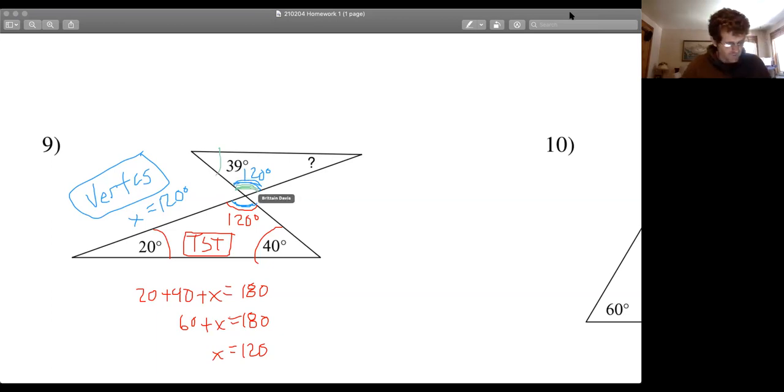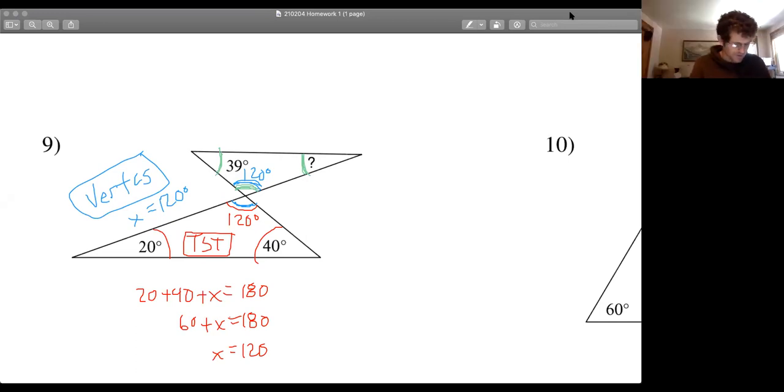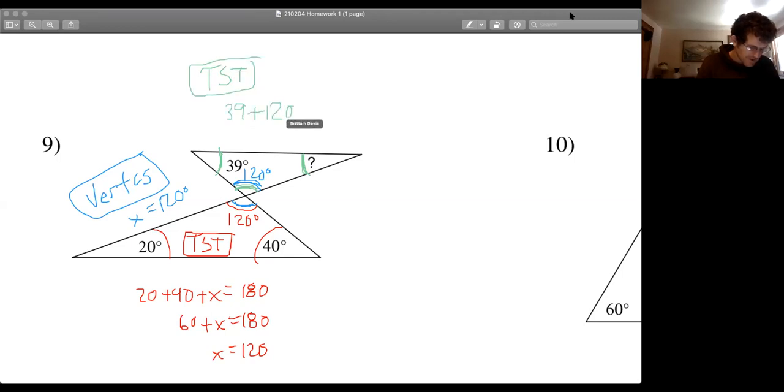And then that adds with, I'll go and show this, it adds with that. What rule are we using for this? The triangle sum theorem. That keeps coming up. Thanks, Hope. So triangle sum theorem, I'll just write it right there. These do all add up: 39 plus 120 plus the measure of angle X is equal to